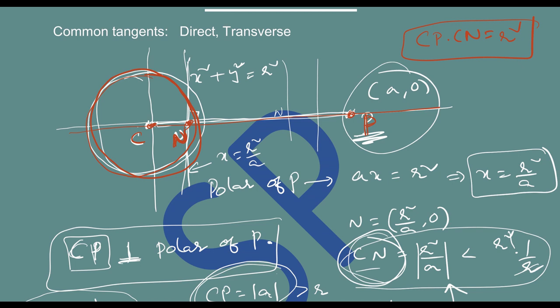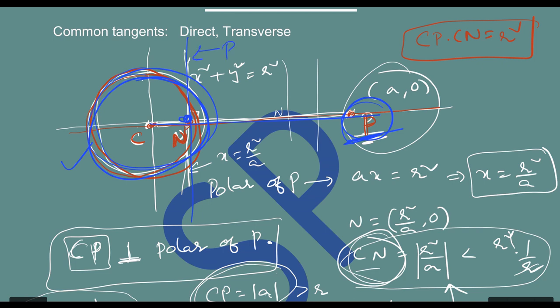What is the point it gives you? If you have a point P and a circle, and you want the inverse point of P with respect to this circle, then it is nothing but the point of intersection of CP and the polar of P. This is the polar of P, we know. So let me write one time all the points that we have discussed.